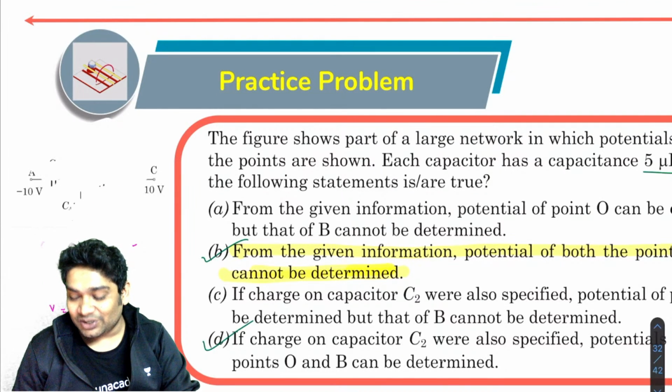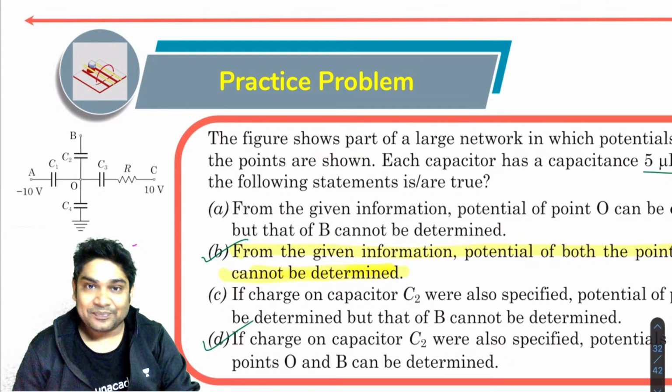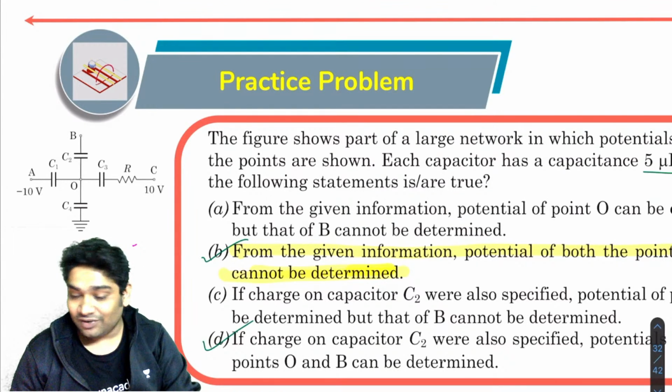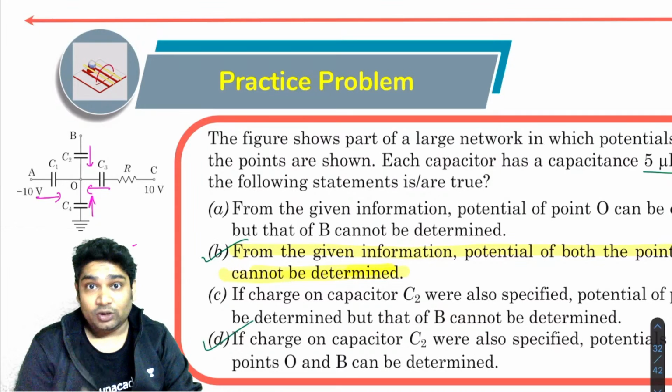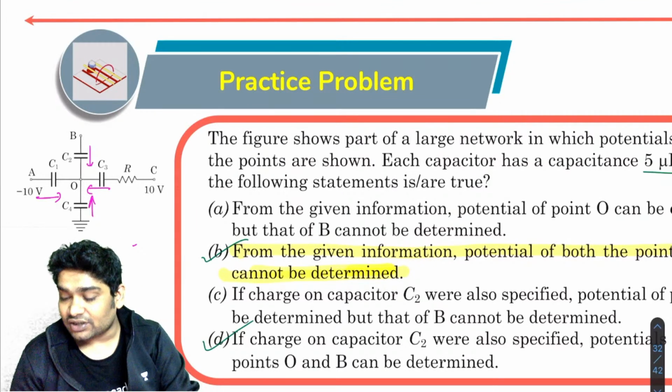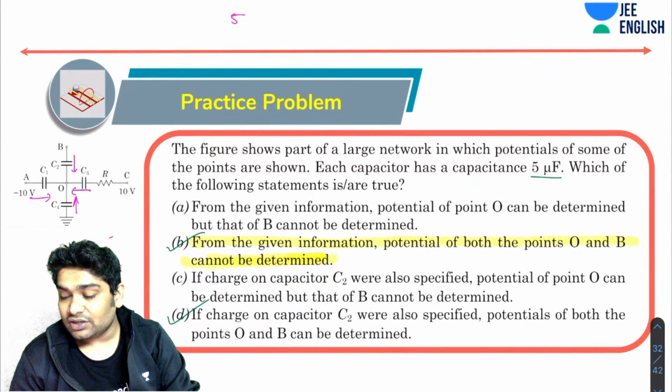If the charge Q2 is known, what you realize is what kind of equations you can write. If the potentials are known, you can write the equation across here, across here, across here, and then you can also write an equation for all the charges: the summation of all the charges is 0. So you have 5 equations you could have written.